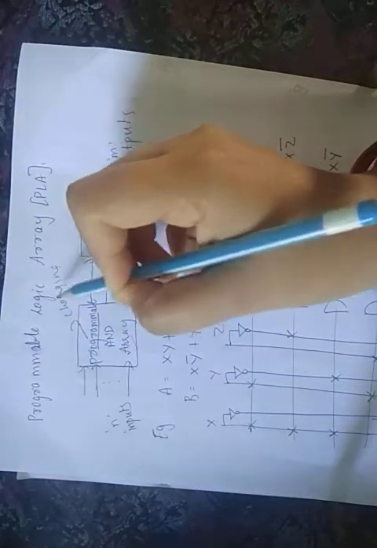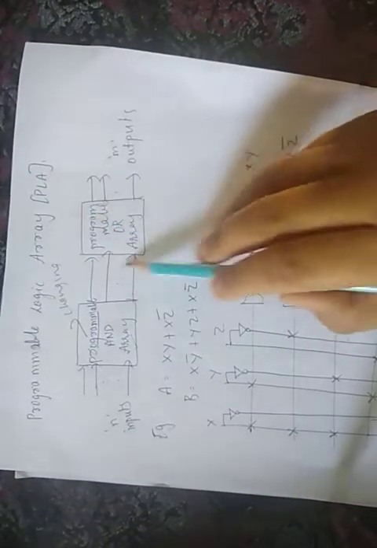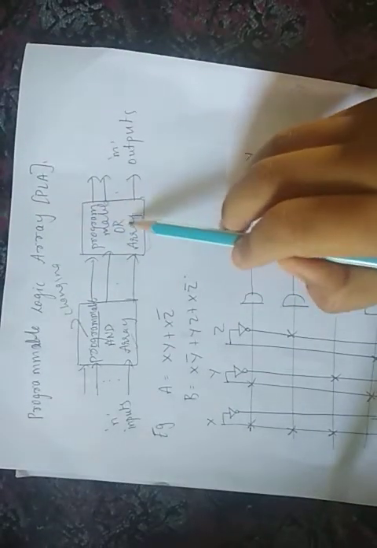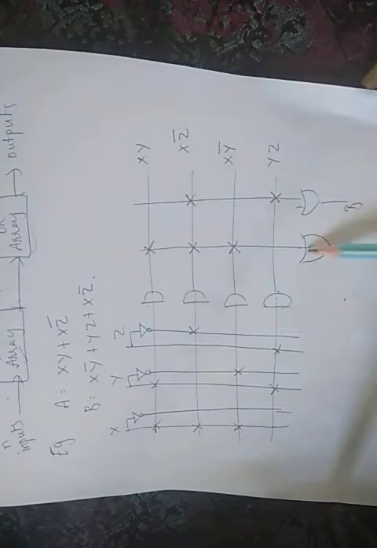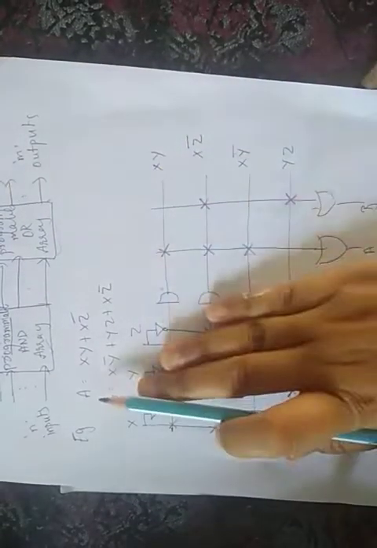What is the meaning of changing? In the AND gates array, we can change the inputs according to the input. Similarly the outputs: the output is also a programmable OR array. As you can see here, the OR array at the bottom, these are nothing but our outputs. These are the inputs. This is the AND gate. Whatever comes from here, those are the inputs. As you can see at the top, X, Y, Z are coming. And these are nothing but the output part. This is the input part, this is the output part.